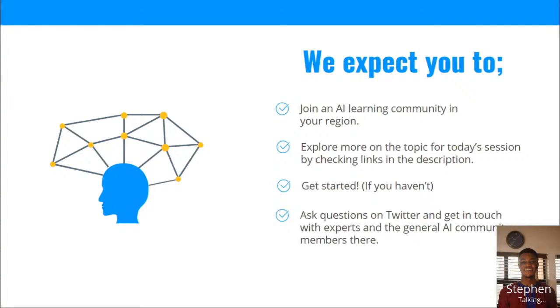If you have skills or talents, contribute. If you don't have an AI learning community, you can start one. Of course, you can make history by starting one in your region. Of course, we're in Nigeria, so you look at top communities like Data Science Nigeria, which I would always say is arguably the highest impact tech non-profit on the African continent. So it's really an amazing community you can join. You can also have other local communities like AI Saturdays. I think that's also localized across cities. As well as Port Harcourt School of AI, and you also have School of AI in other regions as well.